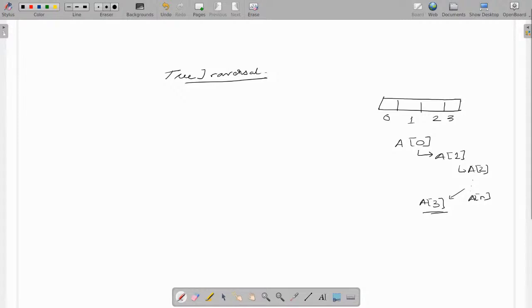But unlike the linear structures, that means unlike the arrays,